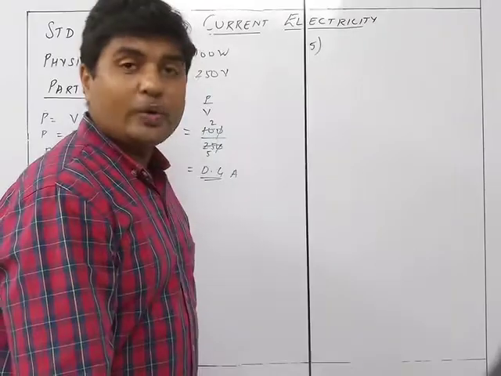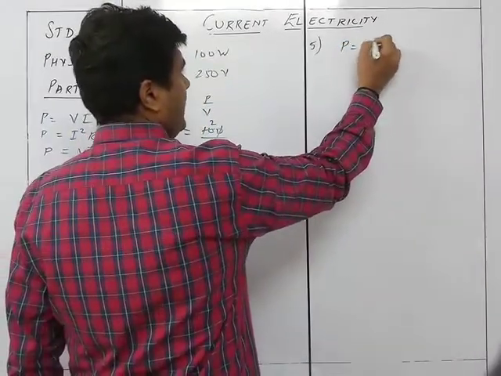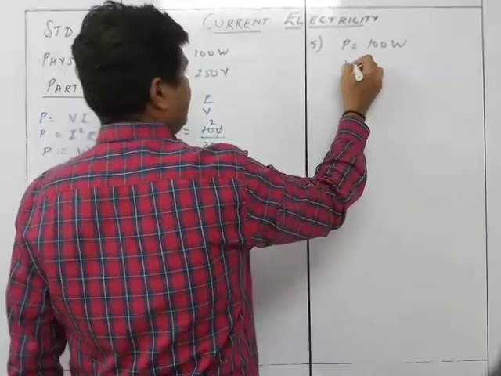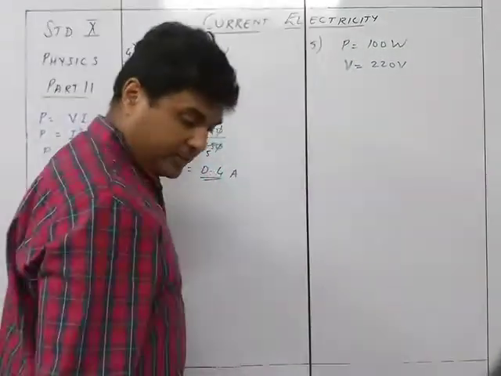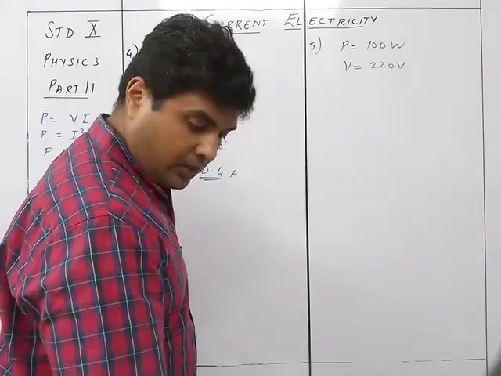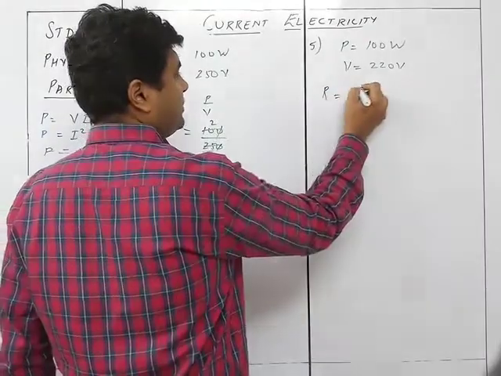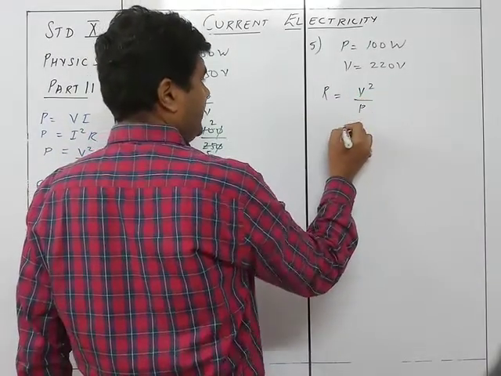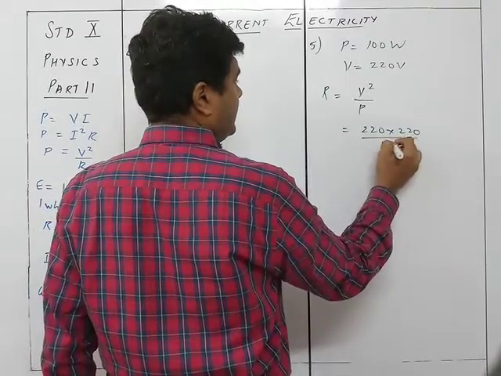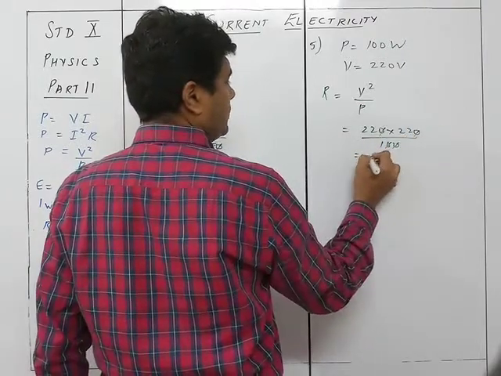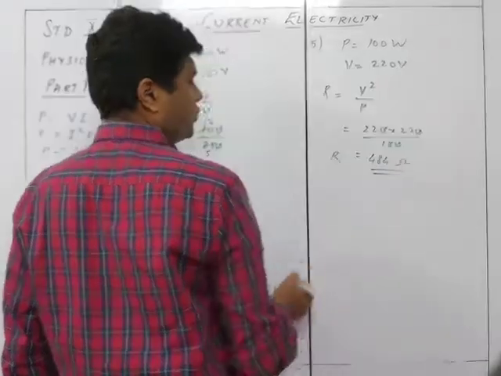Electric bulb rated 220 volts, 100 watts. So again the same thing. P is equal to 100 watts, but the voltage now is 220 volts. So accordingly, what is given is, we need to find out the resistance and the safe current. So resistance, we know R is equal to V square upon P. So that is 220 into 220 upon 100. So this gets equal to 484 ohms. So the resistance will be 484 ohms.